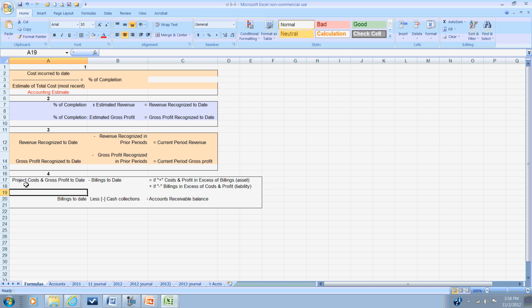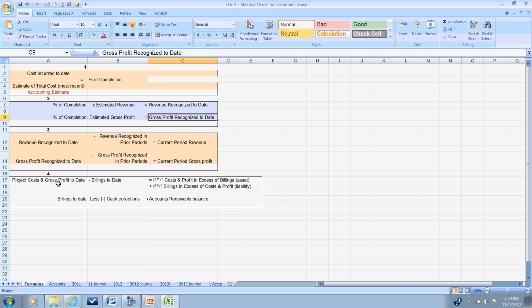So we're going to take the project costs, which is the estimated cost up here, and our gross profit to date, which we've calculated here, and subtract the billings to date. If we have a positive amount, that is our project cost and gross profit is greater than our billings, then we have an asset that is called cost and profit in excess of billings. If our